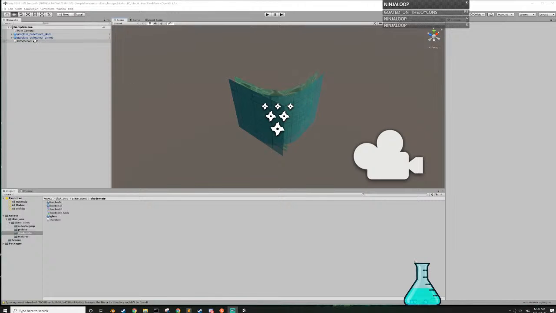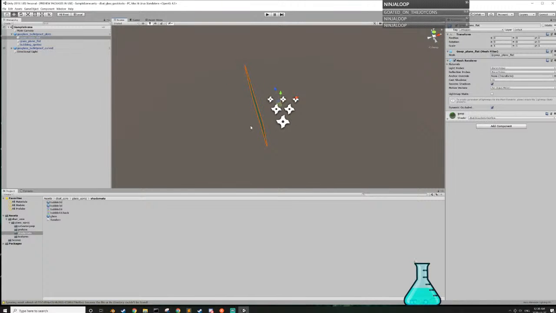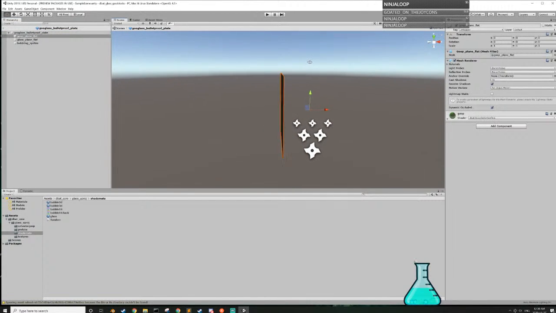There's two in this particular one, and I'm gonna hide one of them for now. At some point I want to create a double-sided shader for this, and I might even end up moving this part closer to this. Wait a second. How far is it right now? We have that piece